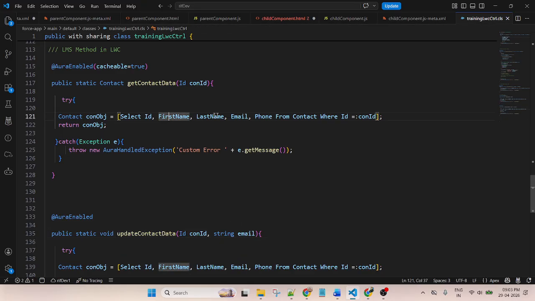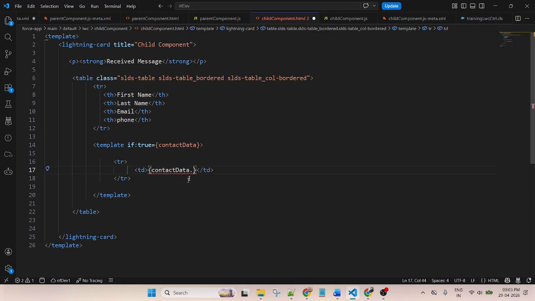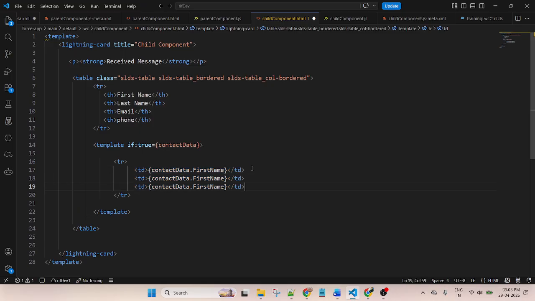Yes: first name, last name, email, phone. First name is the name of the field. This is the object, this is the variable. Now copy first name, last name, email, and phone.